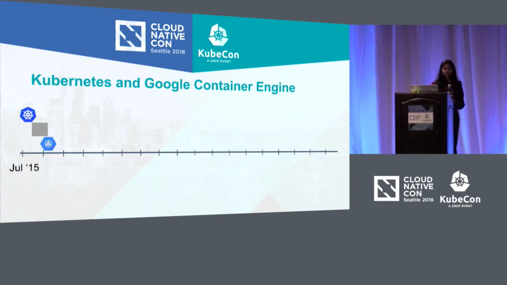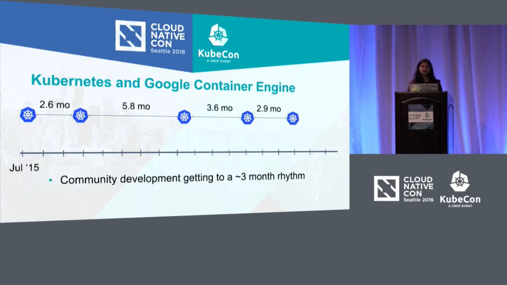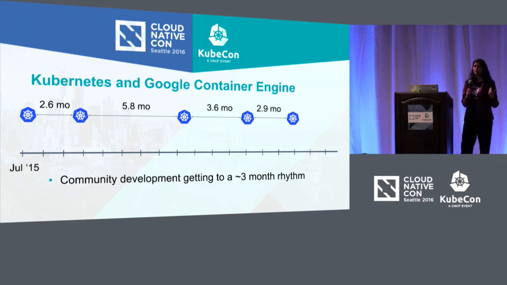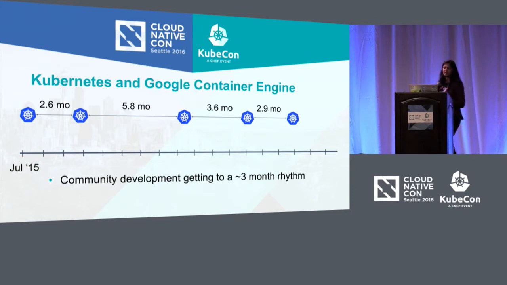So the first version of Kubernetes was released in July of last year, and GKE actually followed after 17 business days. Some of the feedback we got at that time was, wow, it takes a little bit of time to get this. And then if you look at the sequence of releases, this is work that we've been doing with the community to accelerate the release train. After the first release, it was a couple of months and then a little bit longer until the next one. But we've been working very actively to make that a constant release train, about a 3 month process,